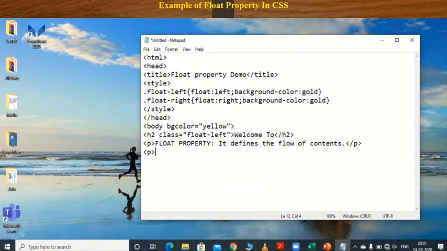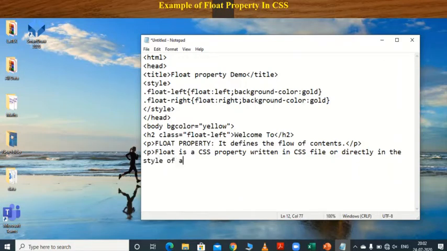here, float is a CSS property written in CSS file or directly in an element.